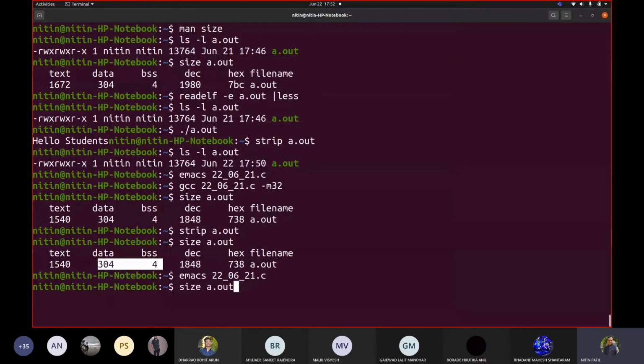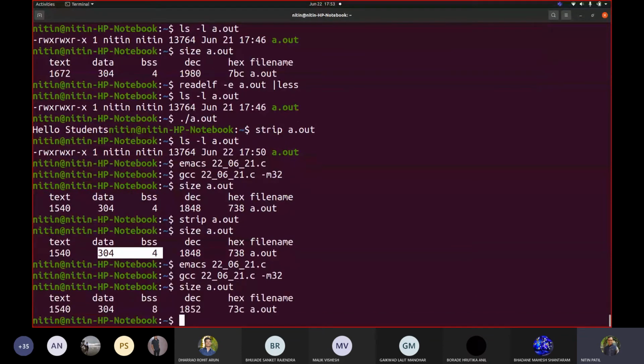Now let me again compile, generate the executable, and then size a.out. What is the change? Is there any change? BSS increases. Size increased by how much? 4 bytes. Correct?